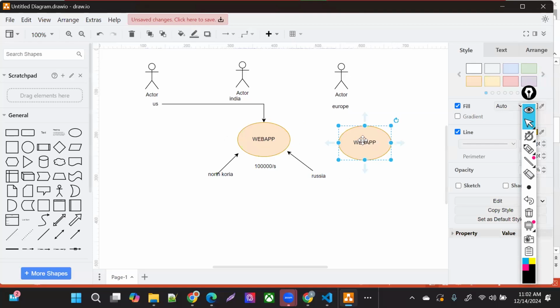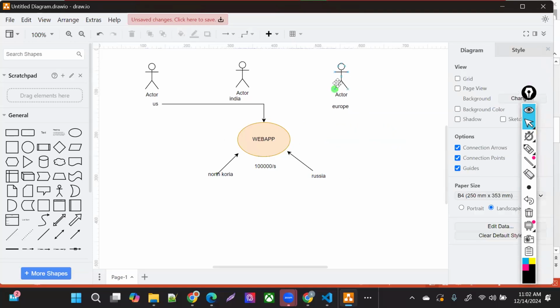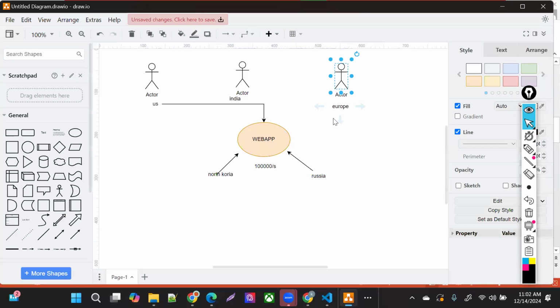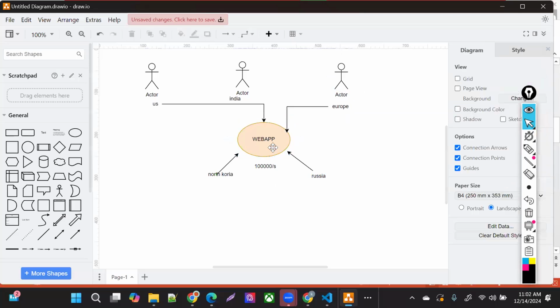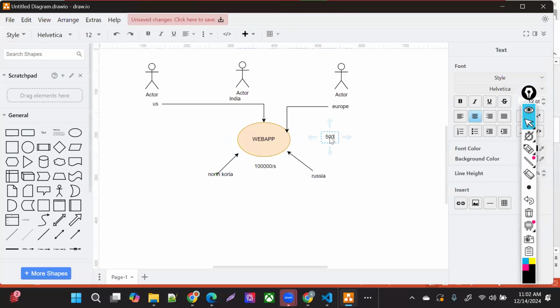For example, let's say this is a third-party guy. This third-party guy is supposed to access my web app, so they are accessing this web app. And I designed this web app in such a way, it was a .NET application, that it could only accommodate 500 requests per second. I know this is very less, but anyhow, it is designed in such a way that it can only accommodate 500 requests per second.